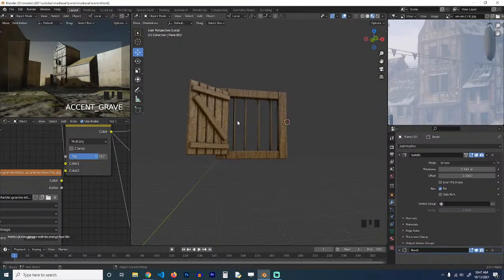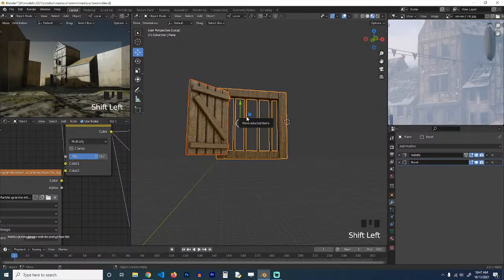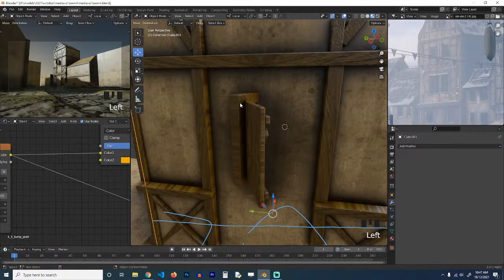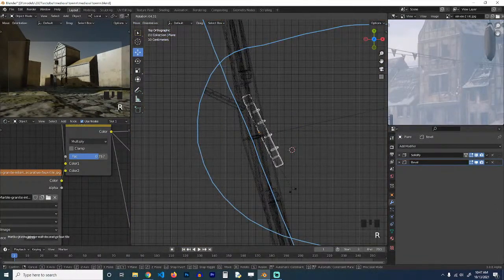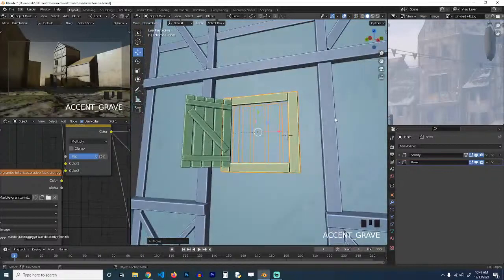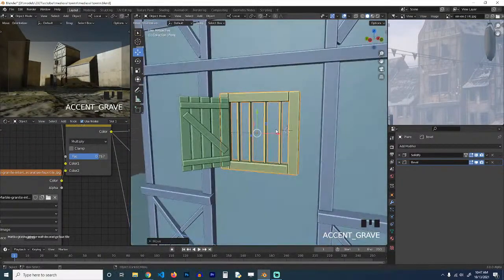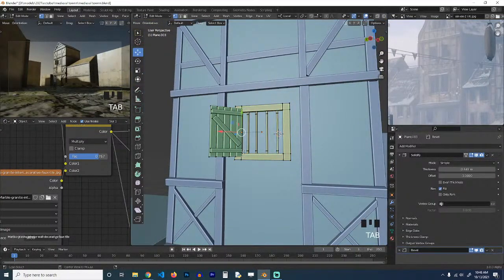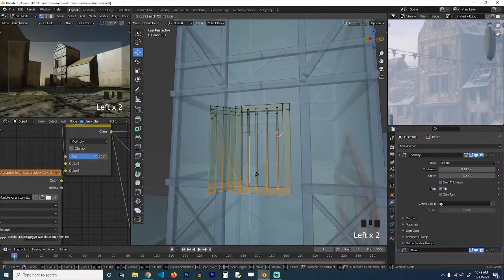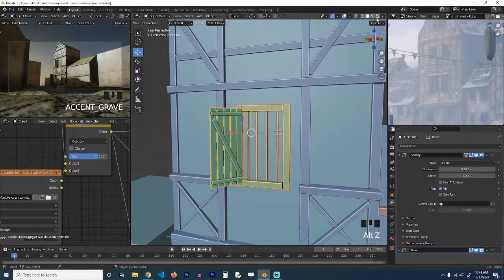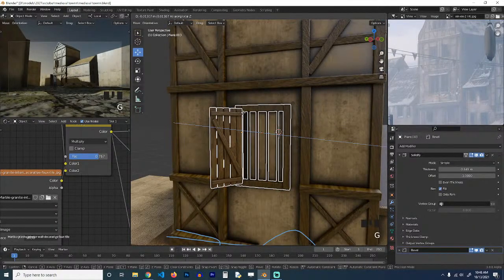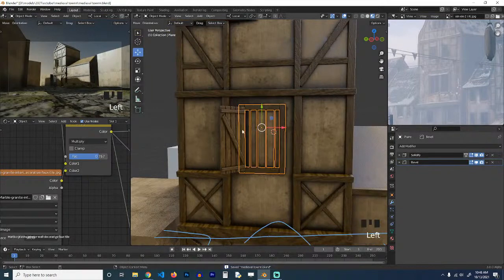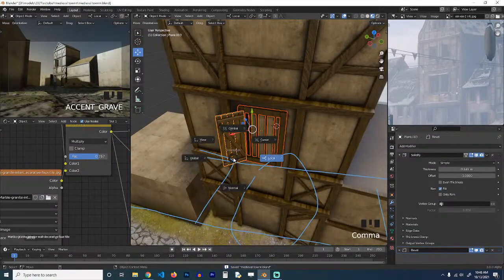I think now all we have to do is just place it somewhere. So I'm just going to parent this to this, Control P to object, just rotate it. And maybe I can select both, go into edit mode, select everything, pull it down like that. Have that there. Or maybe another one. Let me just select